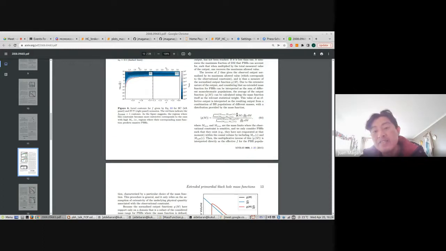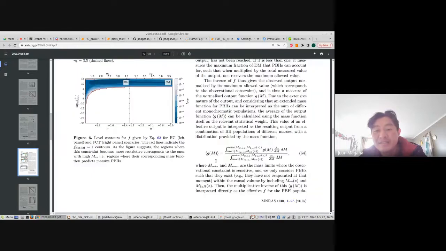And can you increase the zoom so that it looks better? Yes. Thank you. Sorry. This is the inverse of the curve of the monochromatic constraint of the value of f.